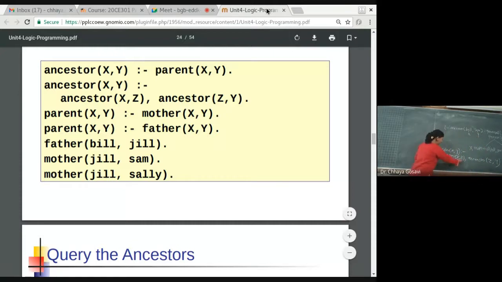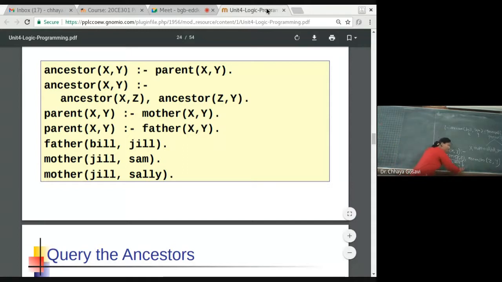Now we have to find out who is descendant of x, whose ancestor is x. So ancestor x is again, value of x is Bill. We'll search whether Bill is parent of someone. Then we'll check whether Bill is mother of someone or father of someone, and we'll get value of z as Bill is father of Jill.